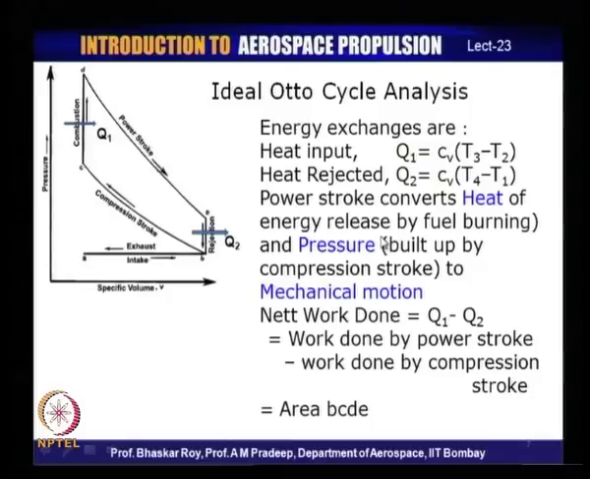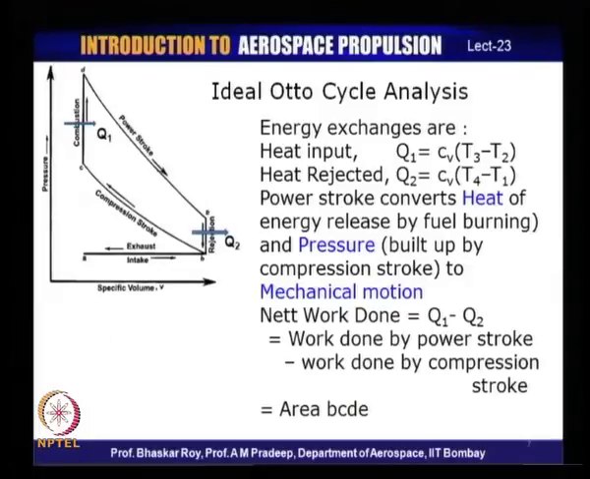What the power stroke does is converts the heat of the energy released by the fuel burning and the pressure that is built up by the compression stroke to mechanical work or mechanical motion. So, the net work that would be available from this cycle is Q 1 minus Q 2, and this is the work done by the power stroke minus the work done by the compression stroke, what we call the net area that is available in this cycle between B, C, D, E. Okay. And that is the area that we are looking at in terms of the work done or work available